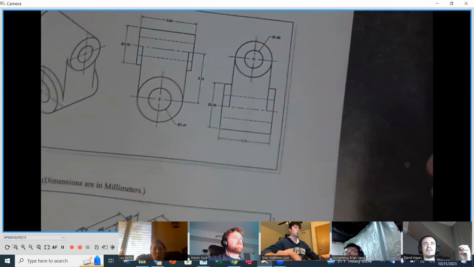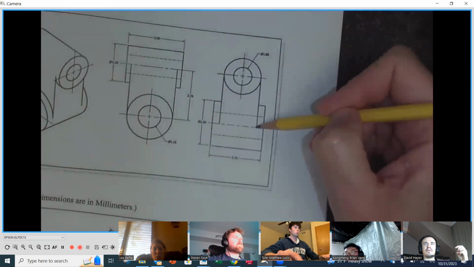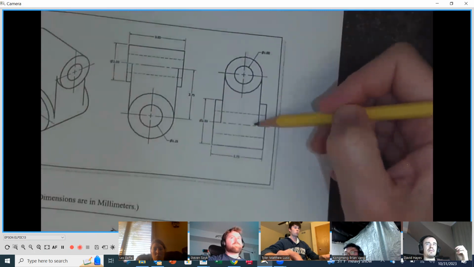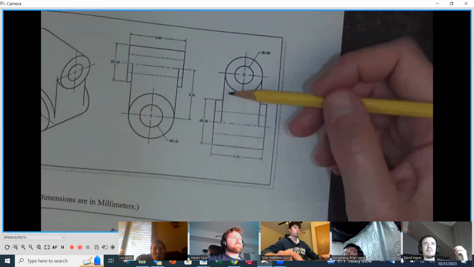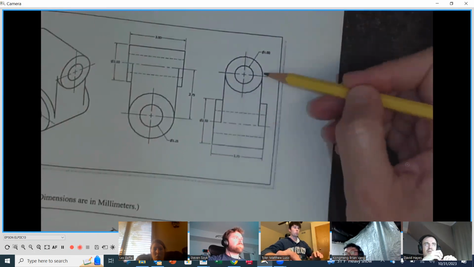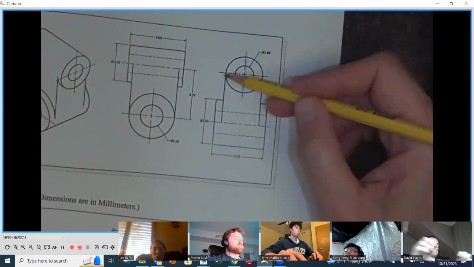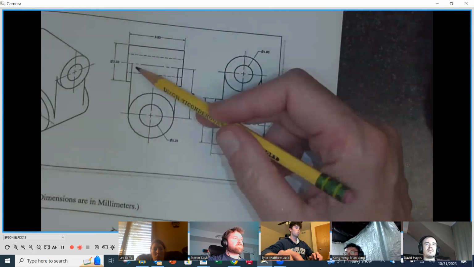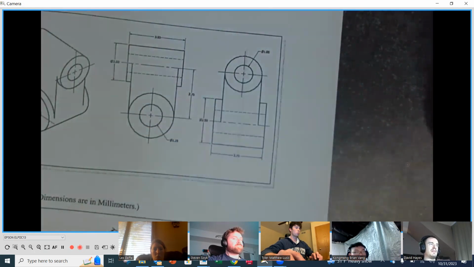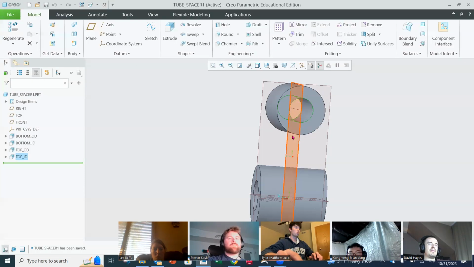So in this view right here, okay, we are going to, I mean, it can go in either, actually, no, it has to go in this direction. So we're going to connect down, and you'll notice that the connection points, if you would, are going to be tangent or at the quadrants of each one of these circles. Okay. So I am going to go back to Creo,